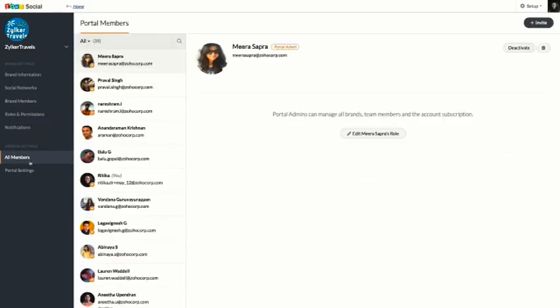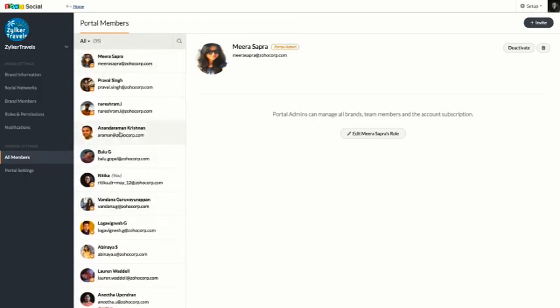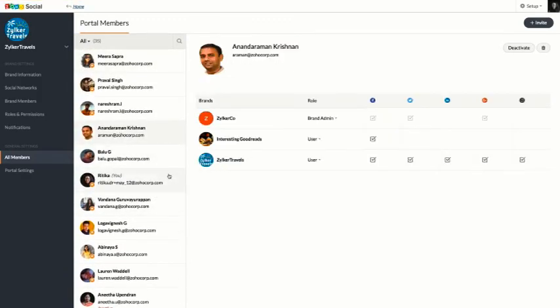Now in this tab, All Members, you will be able to see a list of everybody who is part of this portal. And if you'd like to add a particular team member to